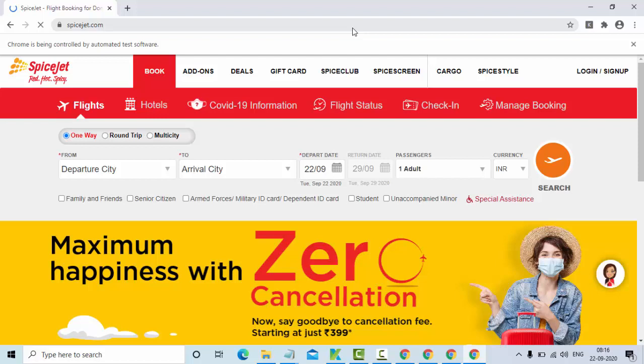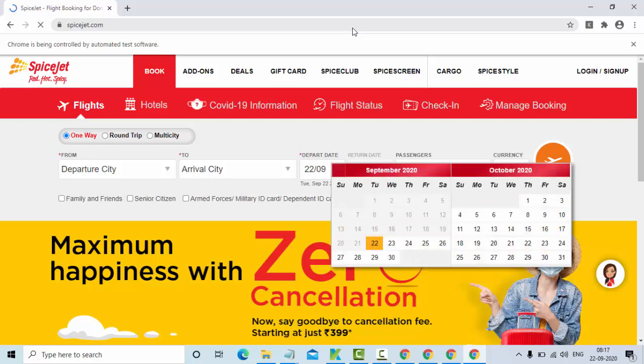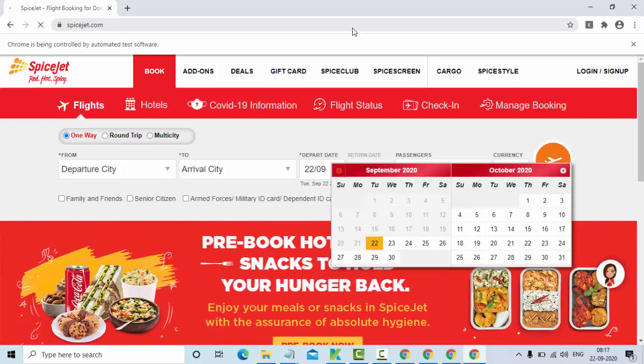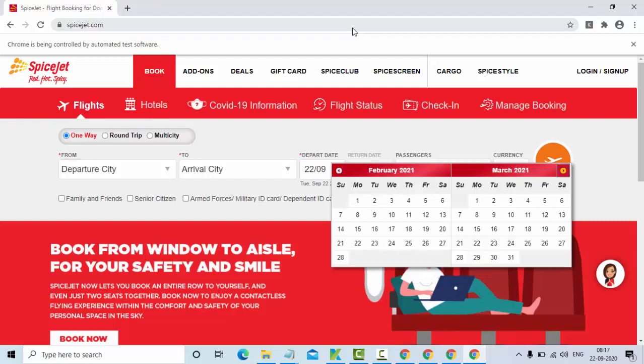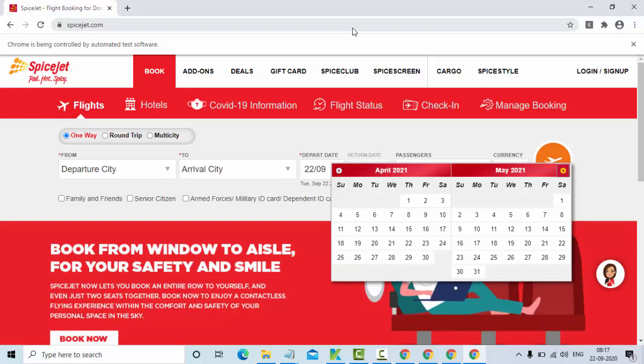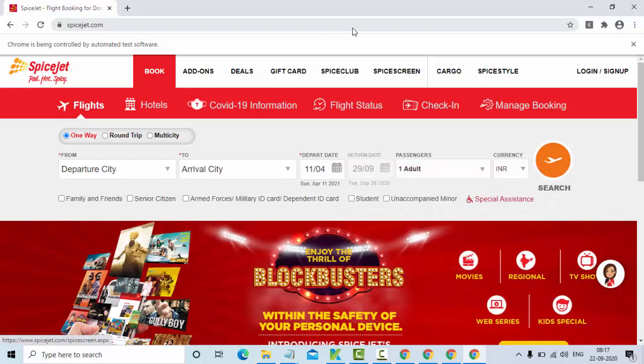Click on that date picker button. First of all, let the application load completely. Now you should click on this next till it gets to 11th of April. Now you should click on the 11th. Now you could see the 11th of April we got.